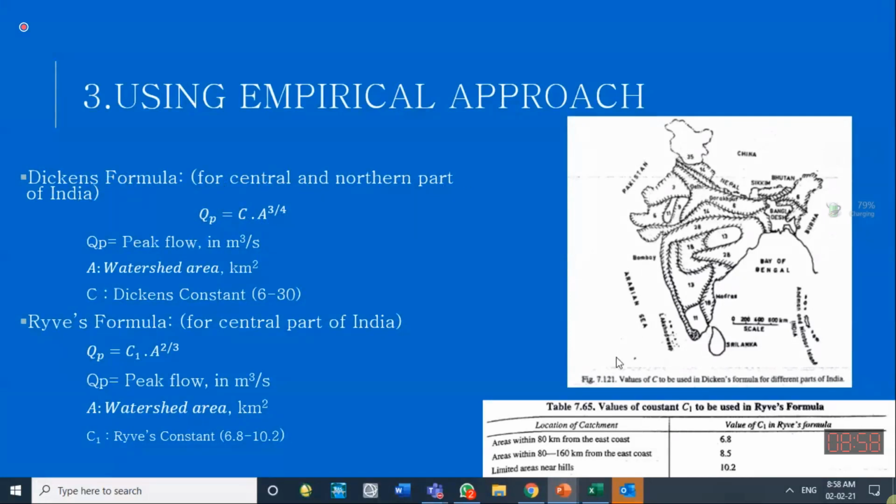I have taken this, I think, from the irrigation book written by Garg, Irrigation Engineering and Hydraulic Structures by S.K. Garg. So for different areas, wherever your structure is located, get a C value from this map. For example, I think over here is Haryana and Punjab of India. For that, they are using a C value of 3 because it is a plain area with much infiltration, so a lower C value is selected over here.